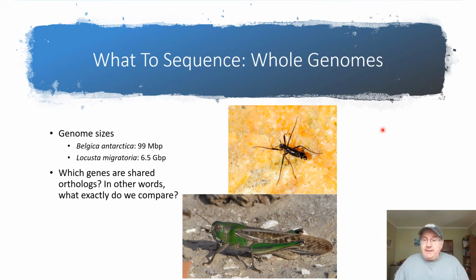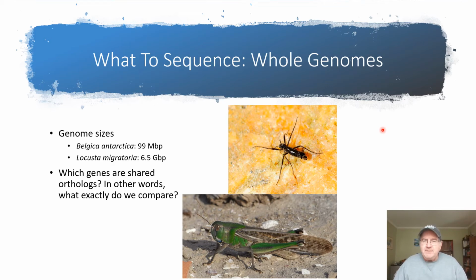So given the capacity to sequence entire genomes, well, why the heck don't we just do that? Why don't we just sequence entire genomes and compare them and construct phylogenies? Well, there's a lot of issues that go into that. One concerns genome sizes, and the size of genomes,